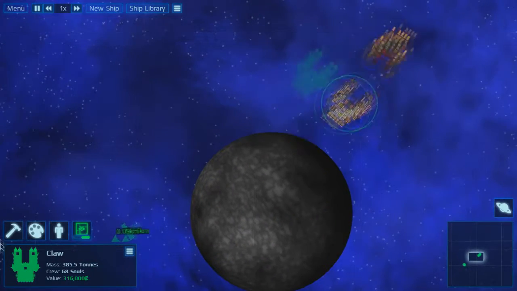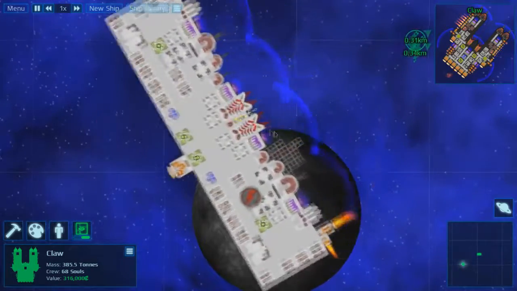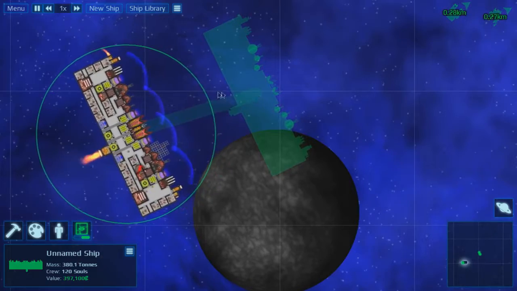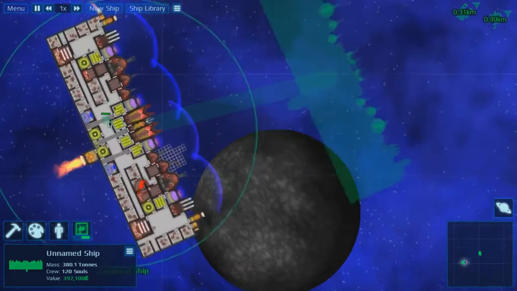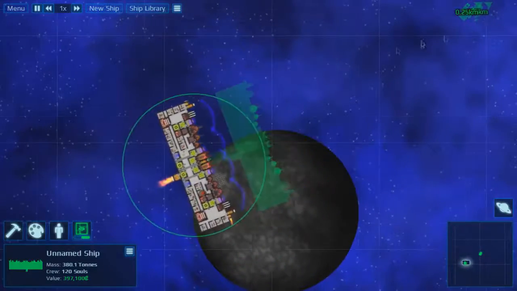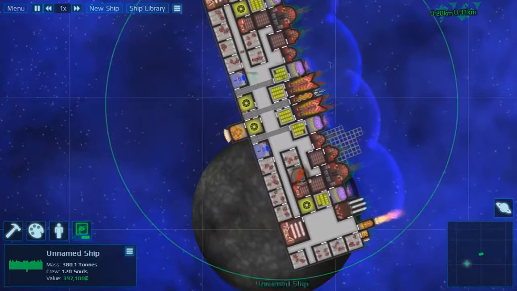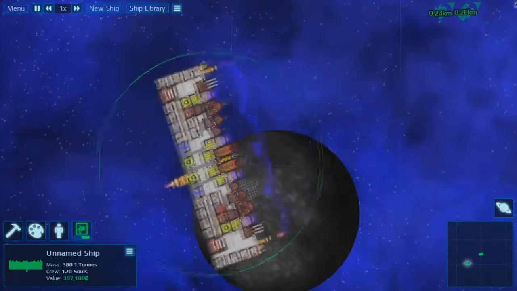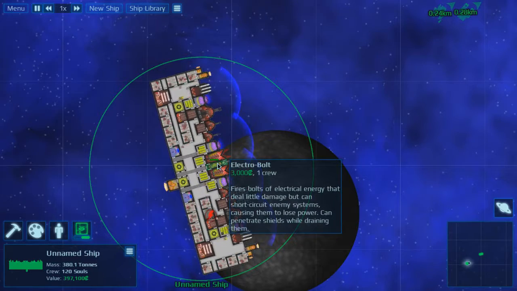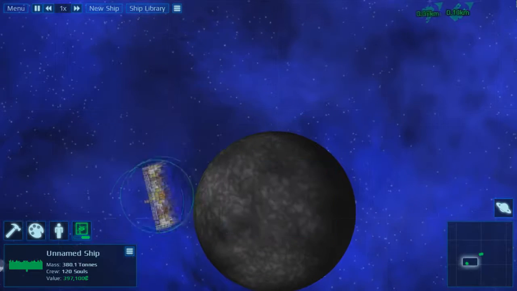So just planning out how you're going to place your blocks makes a huge difference in your ability. Plus, you got to be able to supply these so that way they can fire. And having this guy right in the middle will definitely help, and just randomly placed throughout here will definitely help